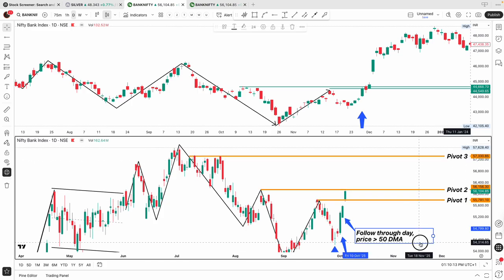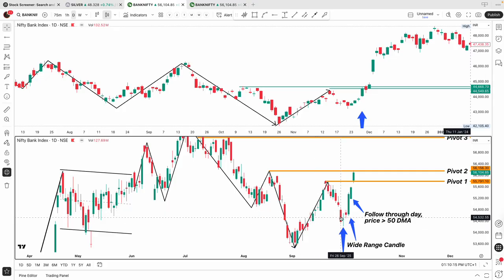But I have already initiated my positions somewhere around this region, so I was buying this pullback, and my average buy price is somewhere around here. I was participating this time via options. This is not something that I do on a regular basis. This is something that I do only when I have a high conviction on a trade.